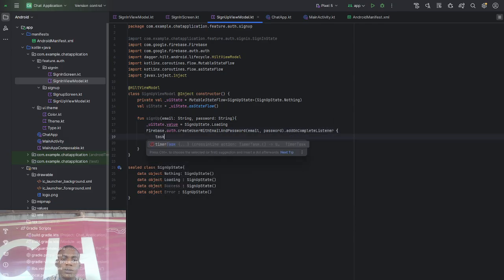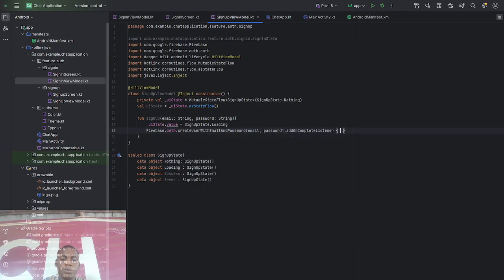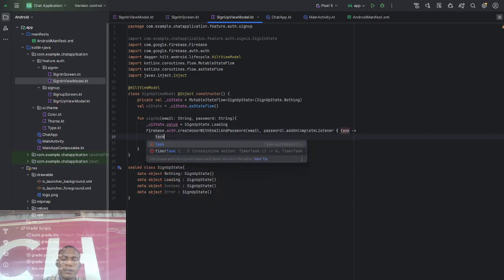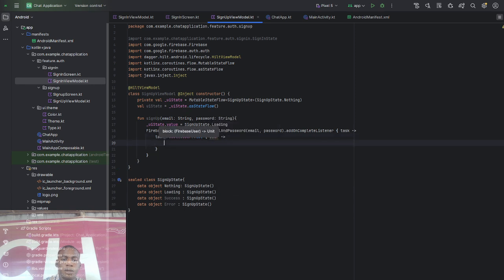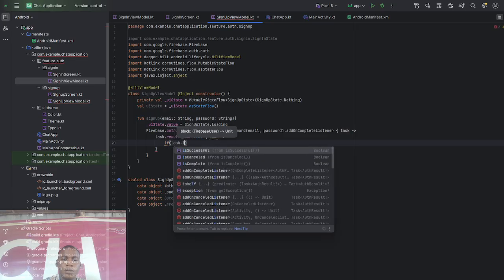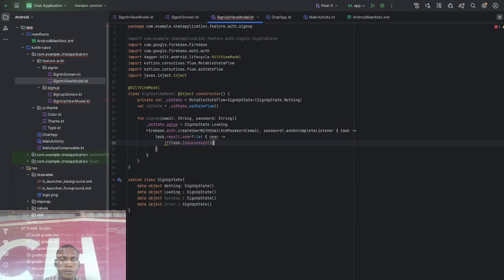So this will be a lambda, task. Task dot result dot user. So let's say if this is not equal to null. So if task is successful,